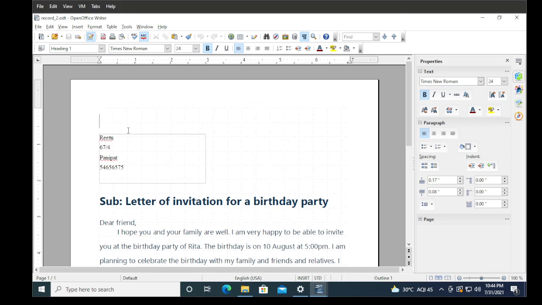Second is your database document, where you write down the names and addresses of your friends or addressees. So here the database is there and your text document is there. Together this is called the merged document. So three components are there: first is your main document, second is your database, and third is your merge. So here your mail merge is completed.